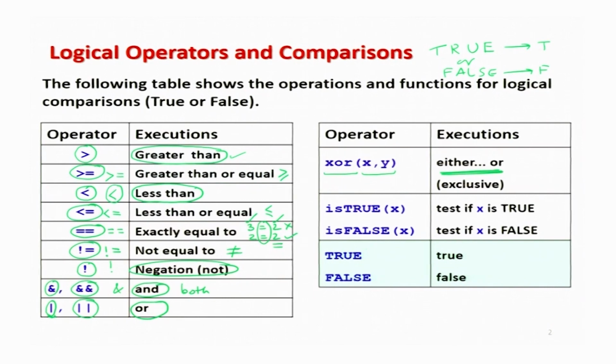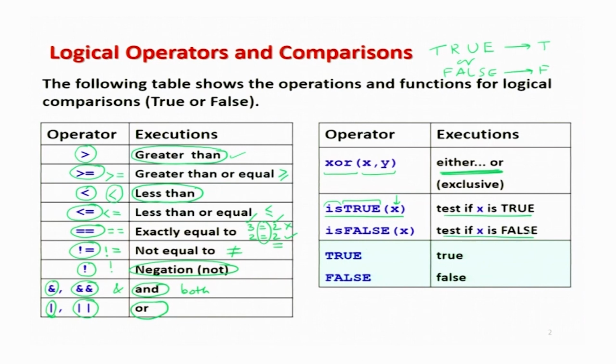Now, in case I have some statement and I want to know whether this statement is true or false, then we have one more command here, which is isTRUE. But if you try to see how it is written, is is in small letters, lowercase alphabets, and TRUE is written in uppercase alphabets. And whatever I want to compare, I have to give it inside the parenthesis. Suppose my statement here is x and I want to know whether this statement is true. So, this command isTRUE will test if x is true,